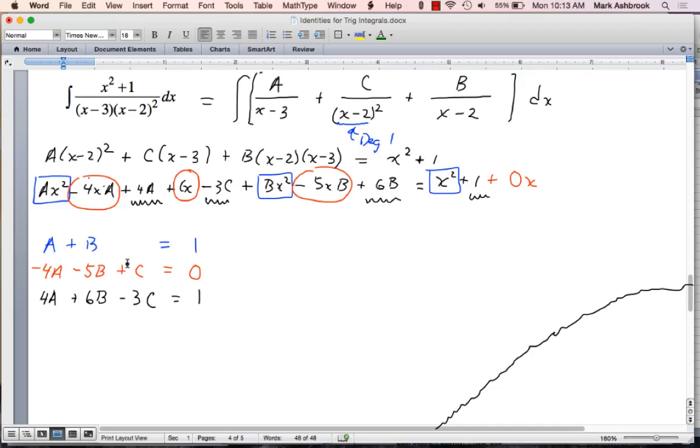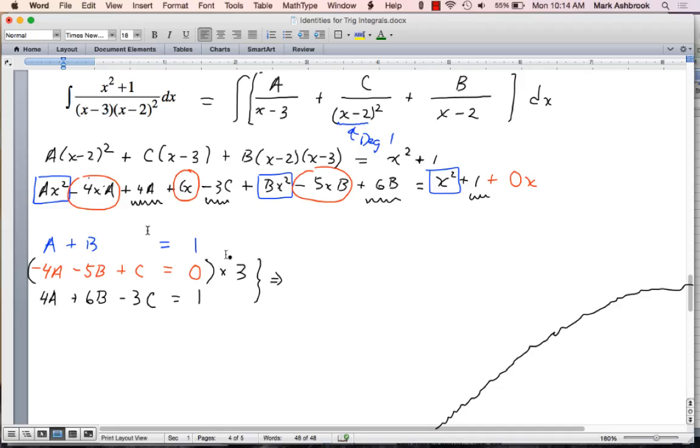So how am I going to eliminate c? I could take this one and do what? Positive, because I want to add. So if I multiply that whole equation by 3 and then add those equations together, the c's will go away, and then I'll have a new equation of a and b, and I can combine that with the one at the top. I'm going to add those two, and I'm going to get,